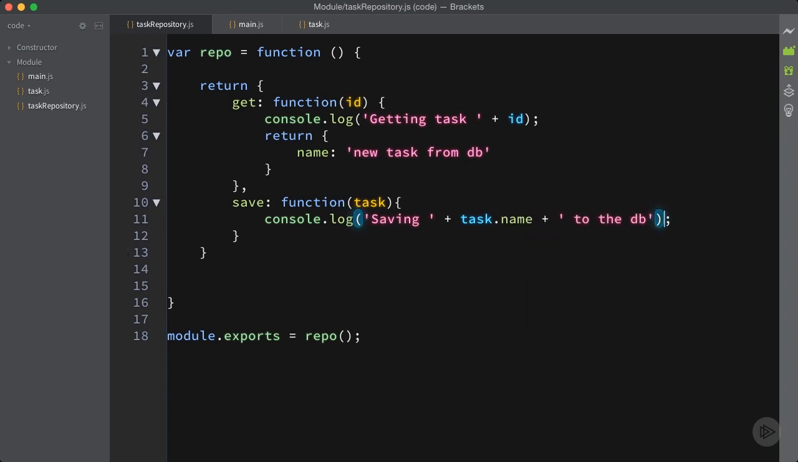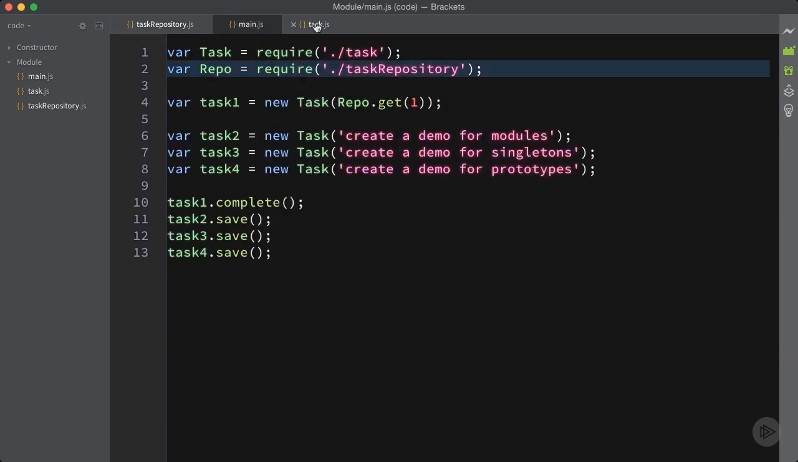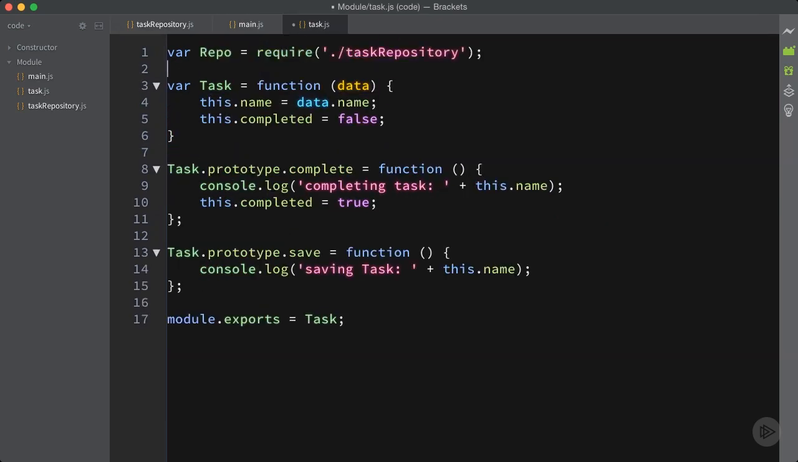All right, so now whenever I call save on my repository, it's going to save it to the database. Now, instead of doing this from main, let's do this one from task. So I'm going to do the same thing. Repo equals require task repository. Now here, when I'm doing task prototype.save, console.log, instead of writing that, or actually let's leave that there, and now